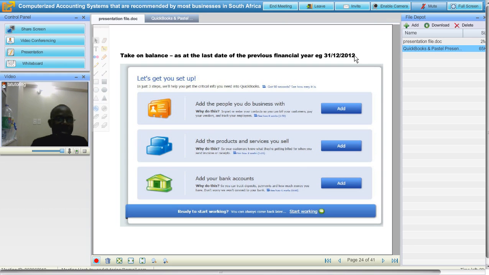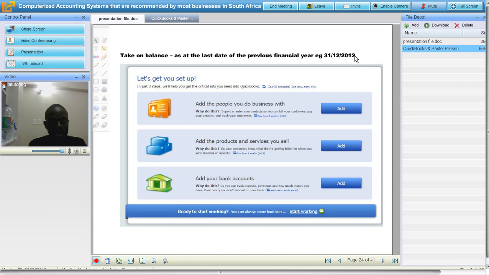I'm saying the balances of suppliers, customers, the bank and the inventory should be entered on the 31st of December 2011, because we are starting our new financial year on the 1st of January 2012, which makes our books quite good because the balances are carried over into the new financial year.